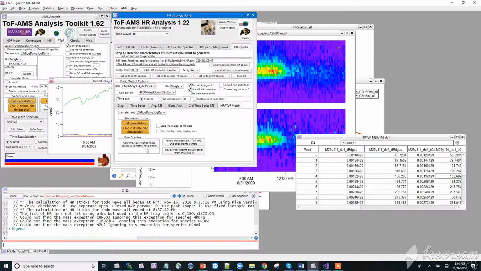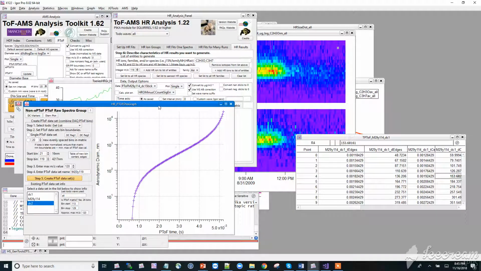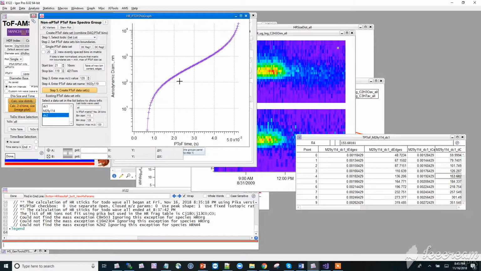I can generate a three-dimensional matrix of runs and bins, new PToF bins, and mass spectra through this button. I'm not going to do that right now. And then there's this handy little panel that brings up this